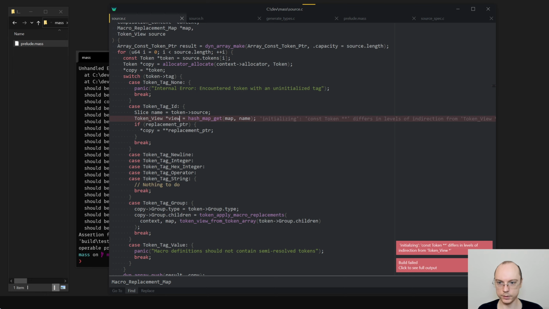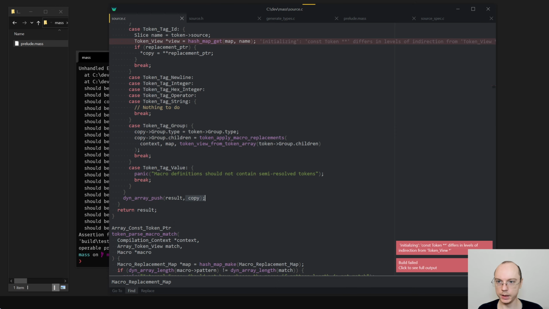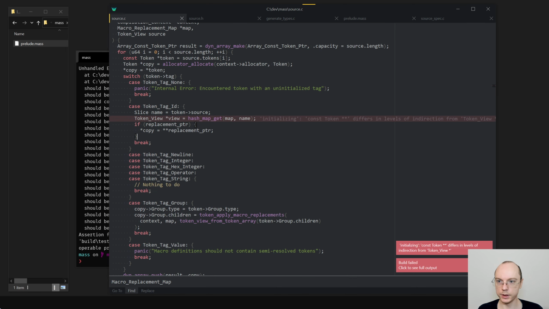Okay, we have view here, right? Hash map get. So the first thing, this just copies the token, and that works for majority, but it does not work here.